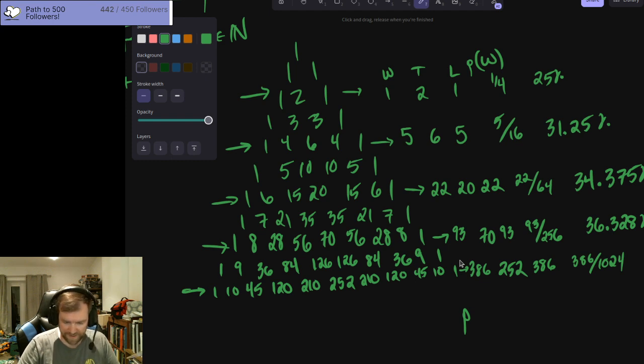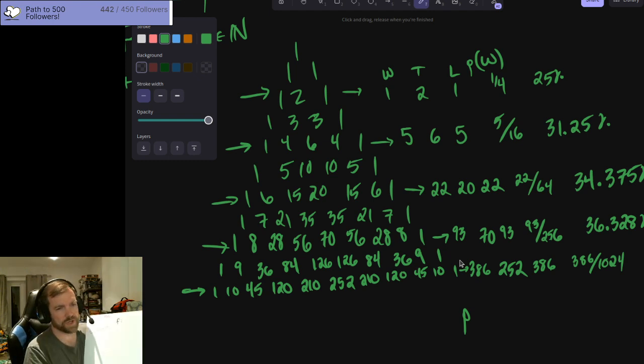Very true. So a function f is going to be defined as often